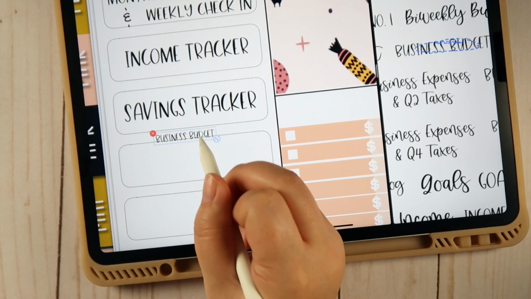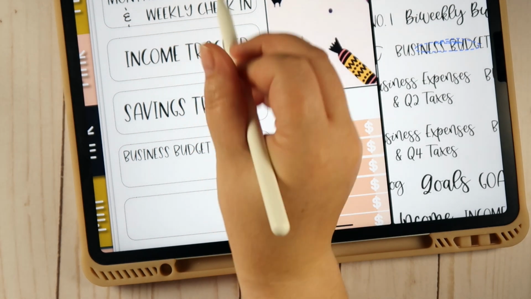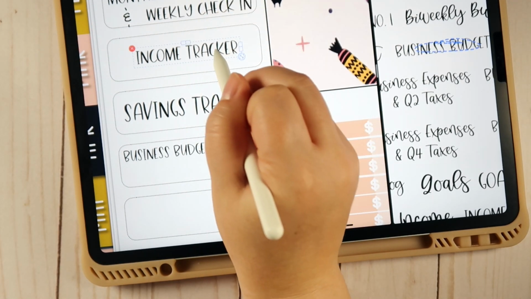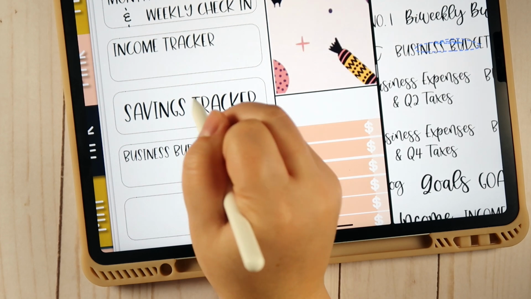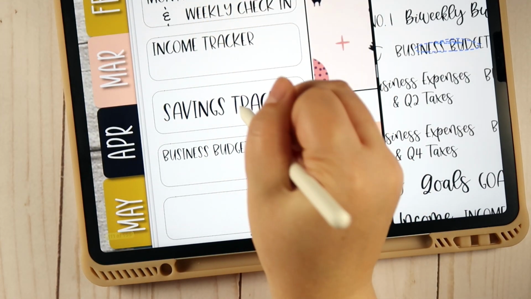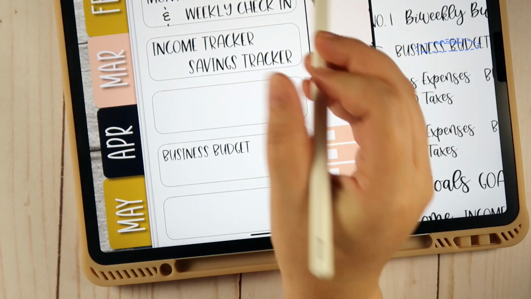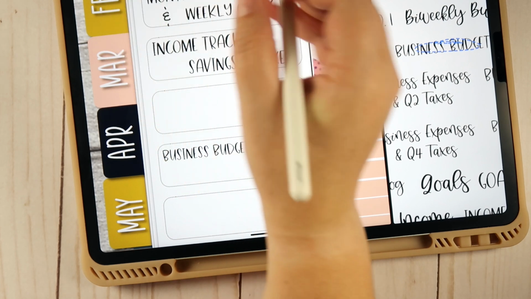So this is where I'm not really sure what I'm going to end up doing. Maybe I'll actually do my income tracker and my savings tracker on the same page, because you do technically get 2 pages on one page, which you guys will see in a second. So I'm going to put that up there,